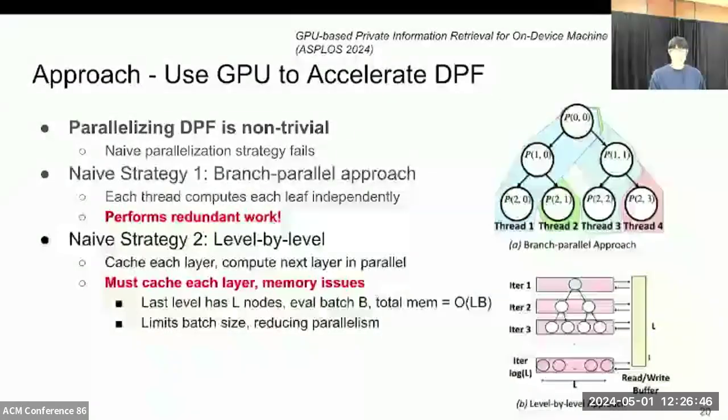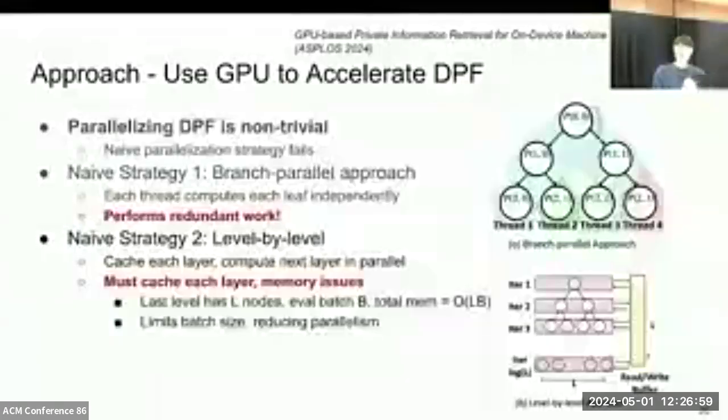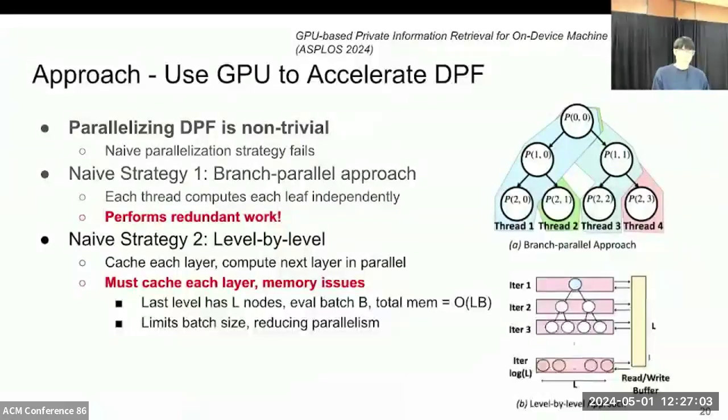So maybe we could have a sequential approach where you evaluate the tree level by level. In this approach, you evaluate each layer of the tree in parallel and sequentially, where all the nodes of a particular level can be evaluated simultaneously in parallel. On the surface, this approach seems to be very, very good in terms of parallelism, especially when you reach the leaf nodes, where you have a lot of nodes that can be computed in parallel. But